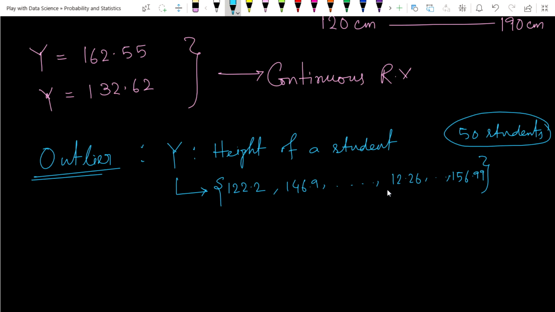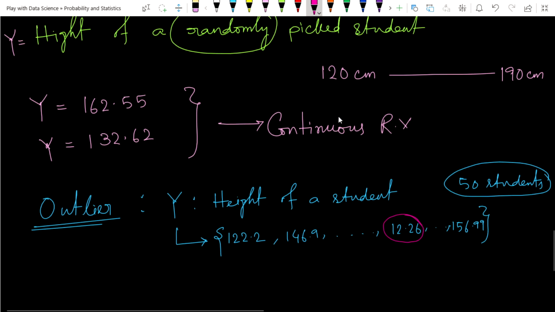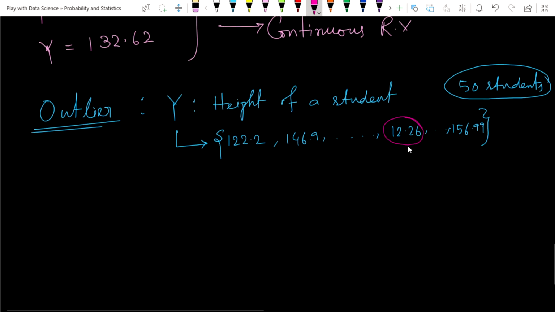Just see this number, this number, this number. In general, we have seen that the height of a human lies between this range. But here, instead of this range, we have taken a value like 12.26. This is a very uncertain range. This is the uncertain data. So this kind of data is called an